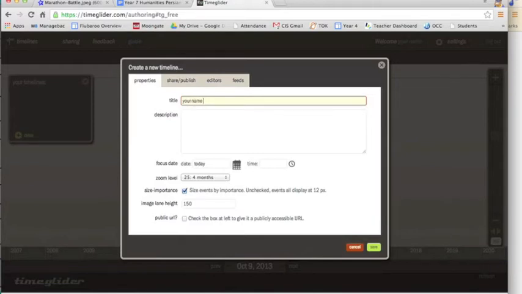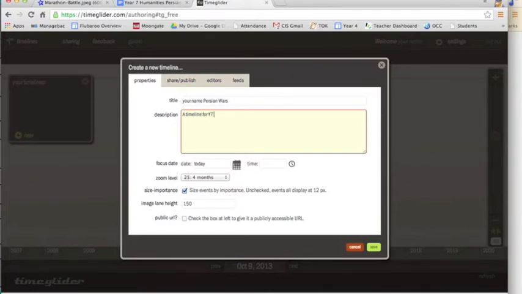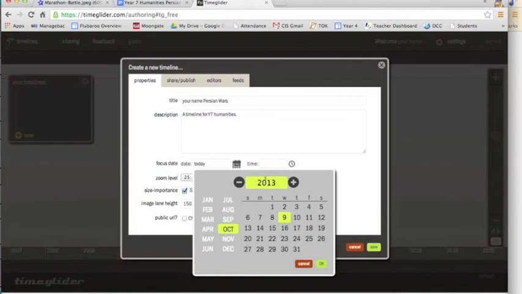And Persian Wars. All right, now don't call it actually your name, call it your name. And then after that, we're going to give a little description. For year 7, Humanities. Beautiful. And then for the starting date, we are going to start in